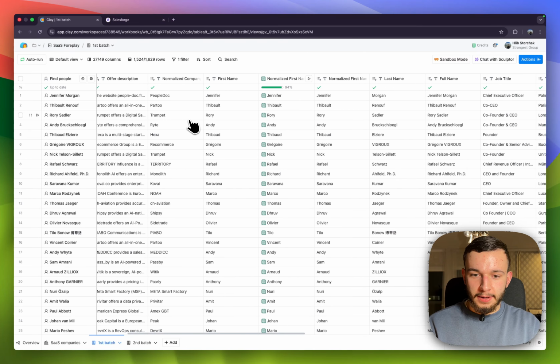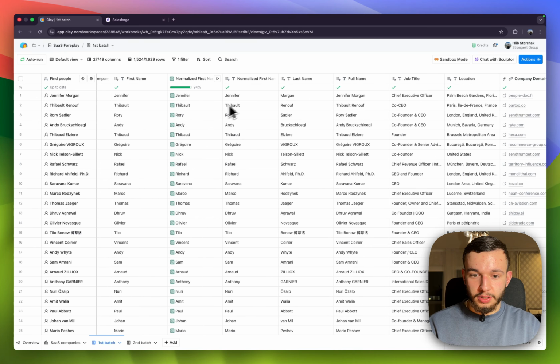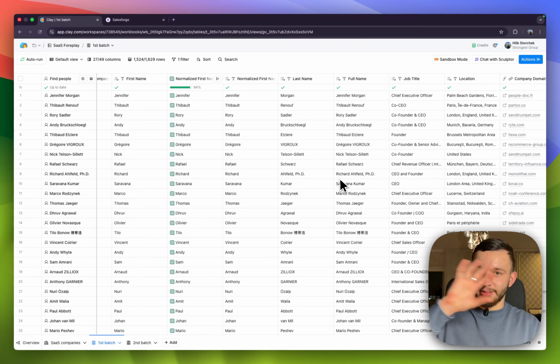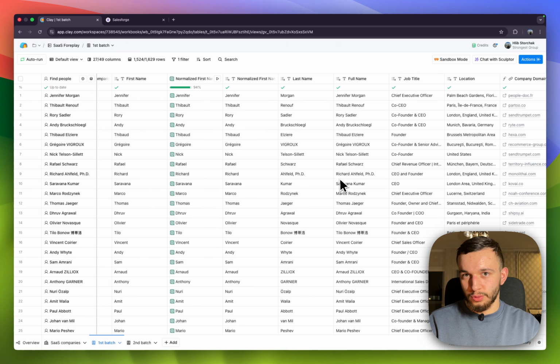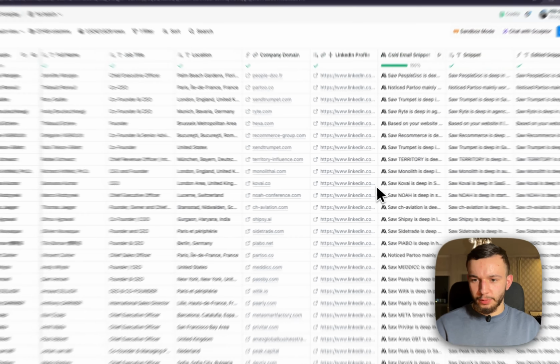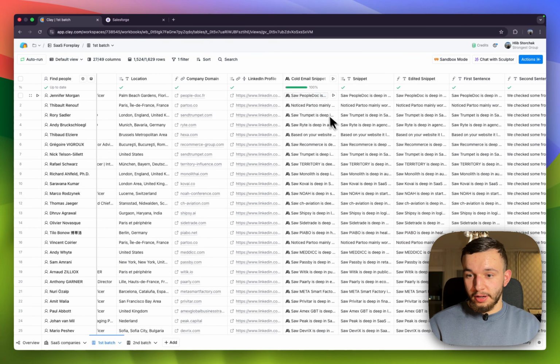Then what we want to do, of course, is normalize the first name of the person. It's very important. You don't want to reach out to someone and have their name in caps. You also don't want any emojis if they have them in their name, because all this information comes from LinkedIn. Then, using Anthropic, meaning Claude,